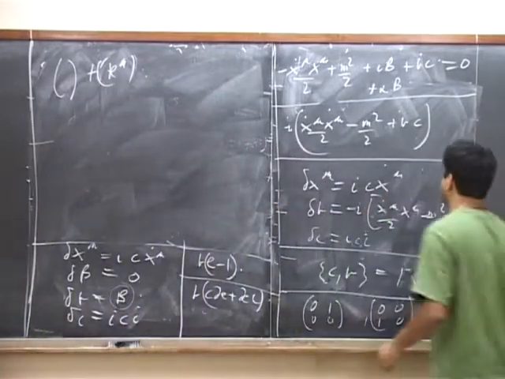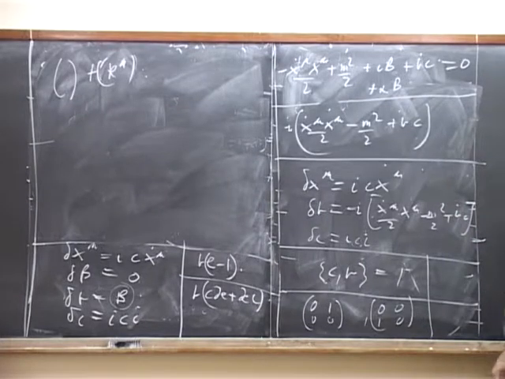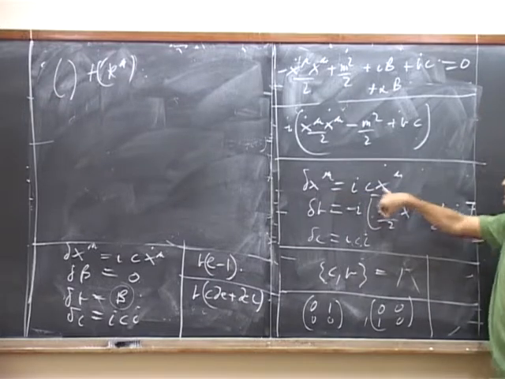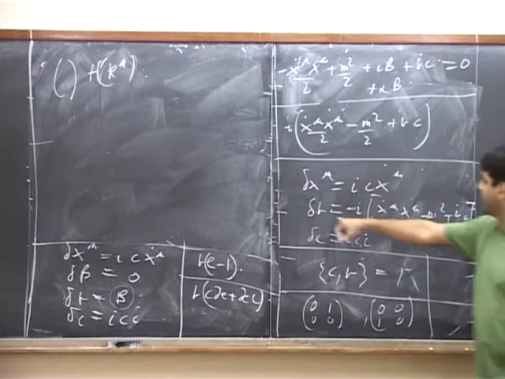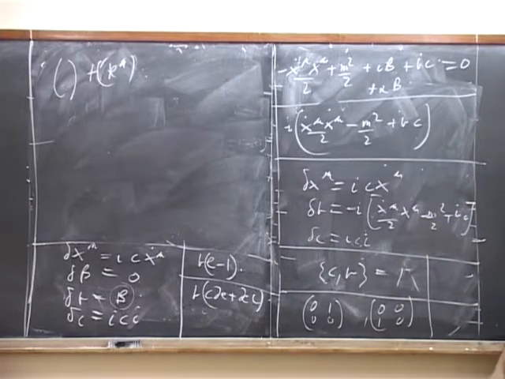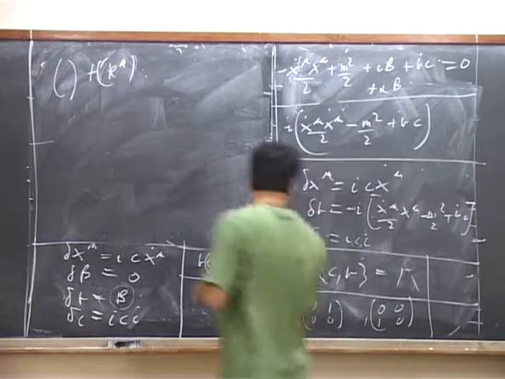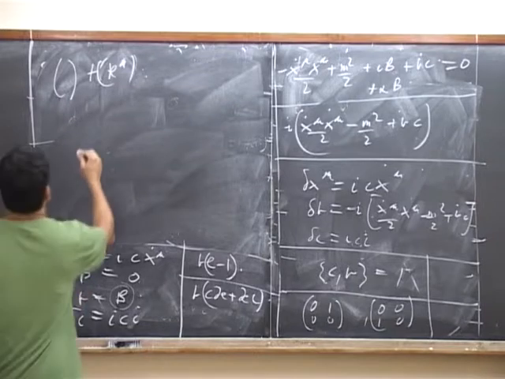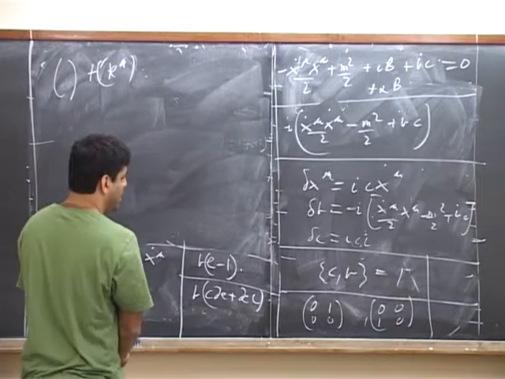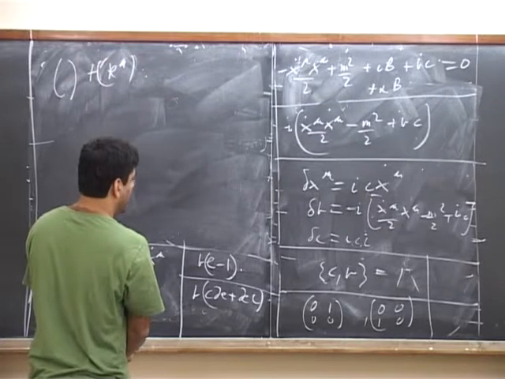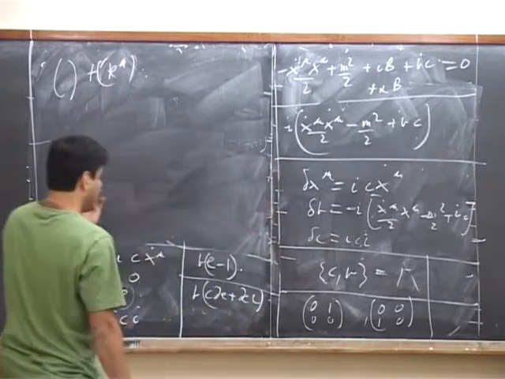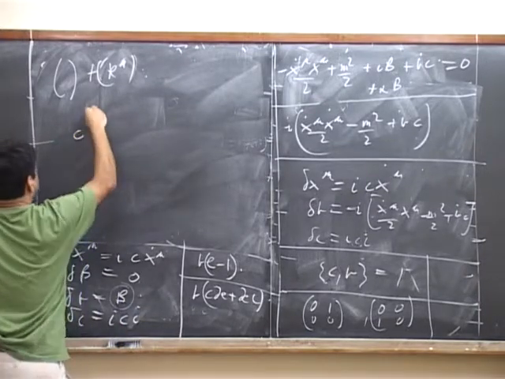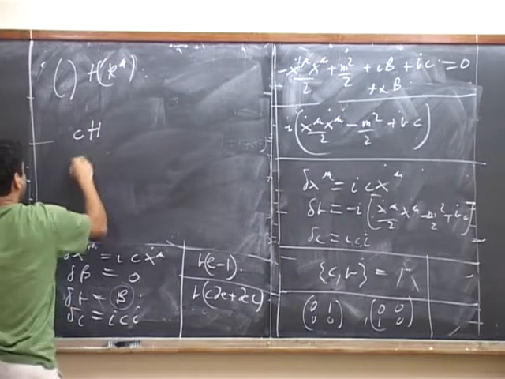Okay, so what do we want? We want something that, when commuting with x, gives us c times x dot. Okay, and when commuting with b, gives all this stuff, and when commuting with c gives us all of this. So the thing that works is what? It is c times h, where h is equal to